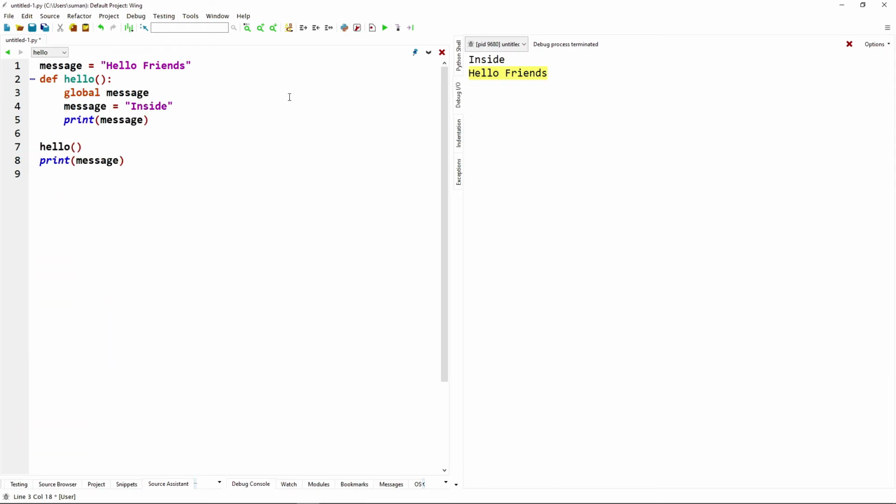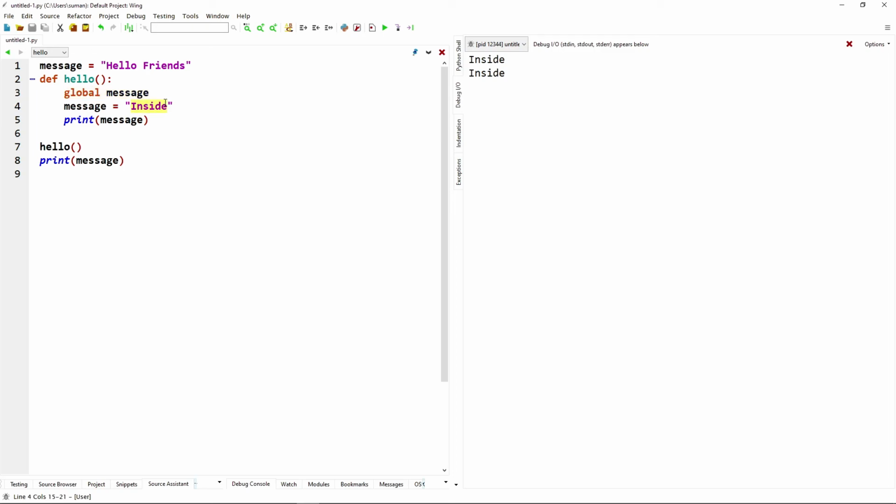Then the remaining code is unchanged. Now let's check the output. As we have assigned the global keyword inside the function, that is global message, with the message variable, the content of the global variable message changed to inside.